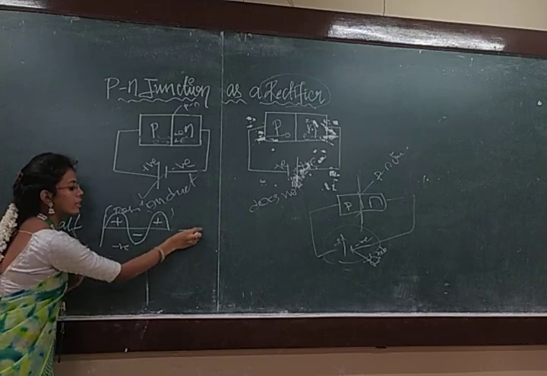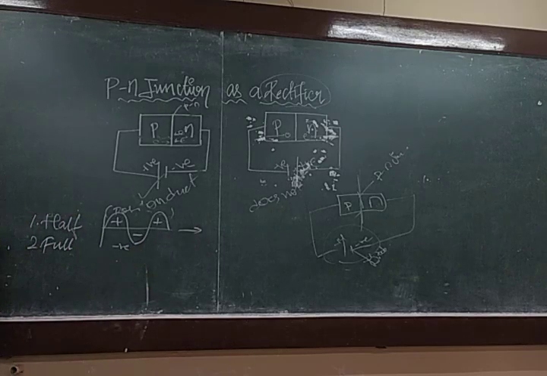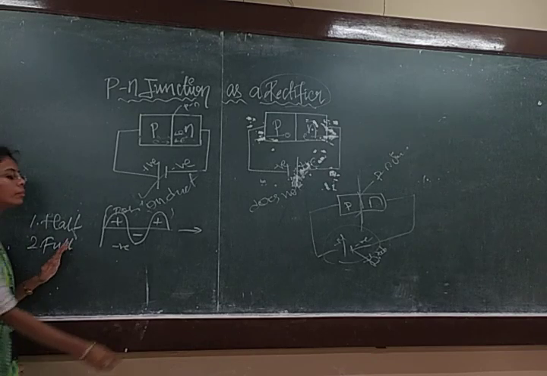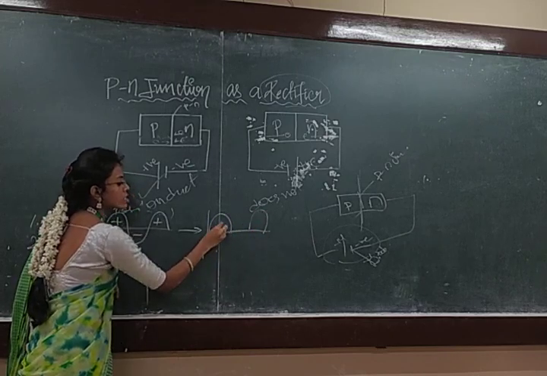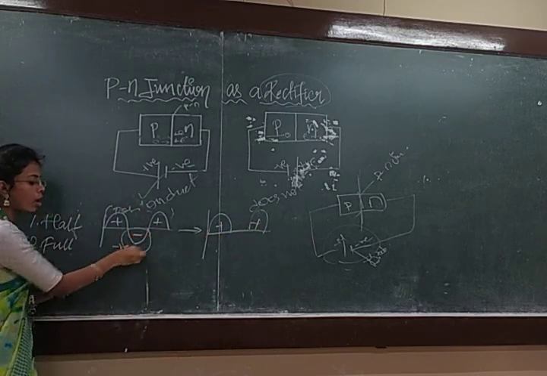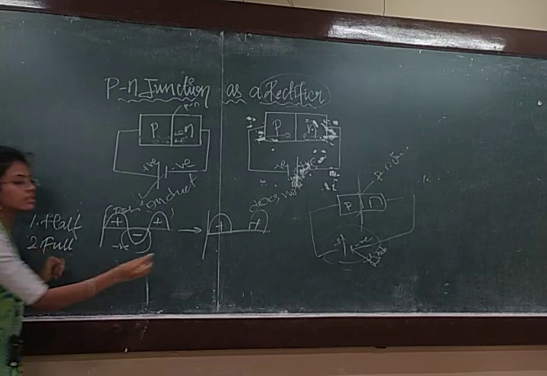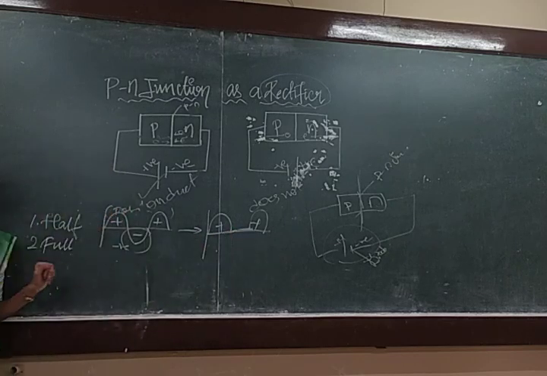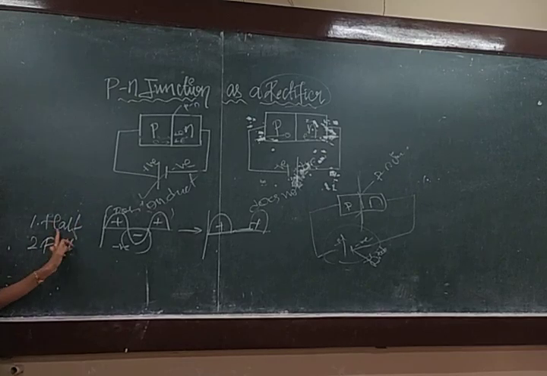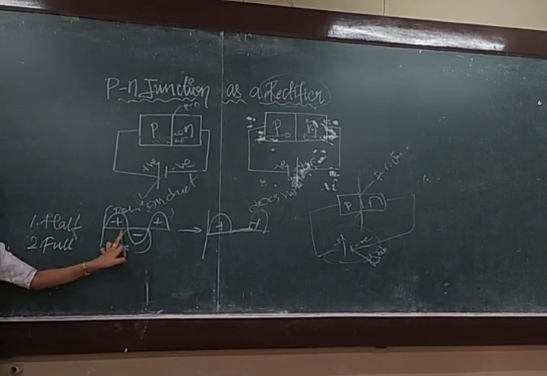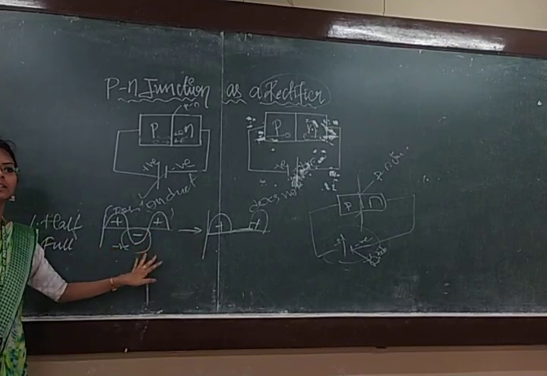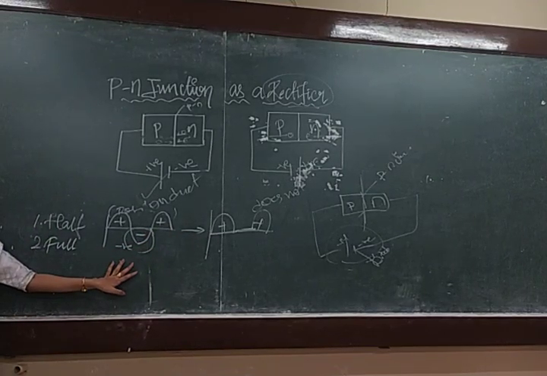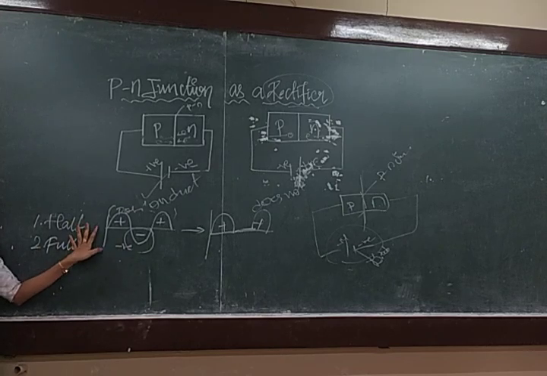So, in the half wave rectifier, only one cycle is recorded. And you will be getting an output like this. Positive and positive, that's it. The negative is blocked. It will be null. So you will be getting a plain line. It will not show anything. So in the half wave rectifier, only the positive cycle is recorded and the other cycle is blocked or it is plain. This is the half wave rectifier.